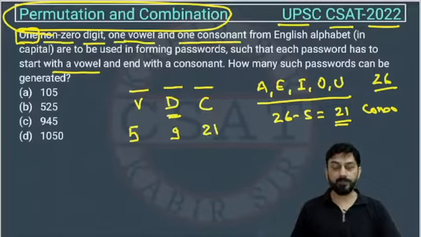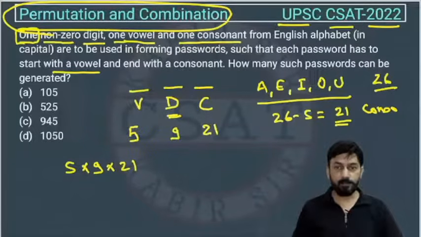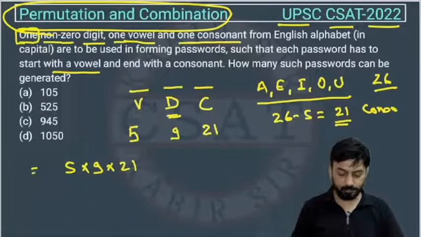Okay, so how many passwords can we generate? So this is simply a multiplication, right? For each vowel there will be 9 digits possible, and for each of the 9 digits 21 consonants are possible, right? So how will we find? Total passwords that can be generated are equal to 5 into 9 into 21, right? बस इसको कैलकुलेट करना है, and this is the answer, right? So what will be the answer? This will be 5 into